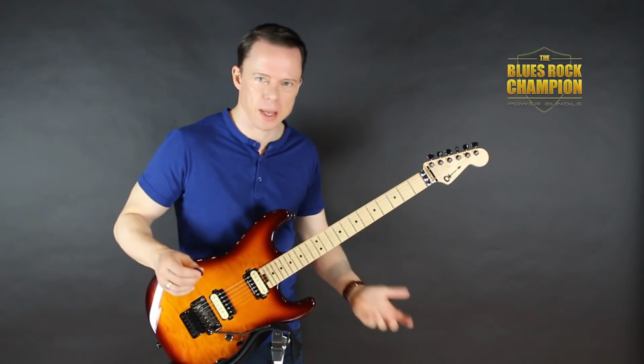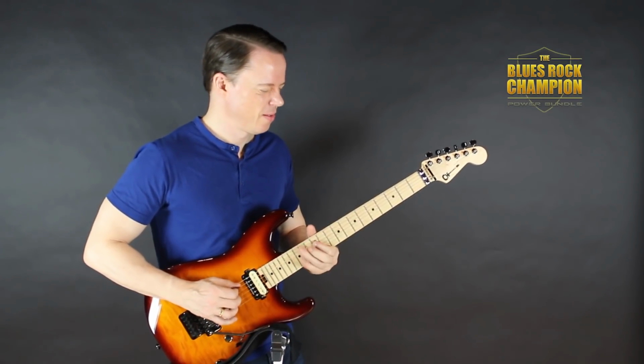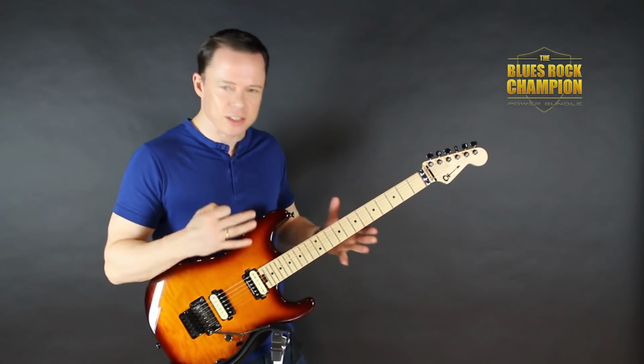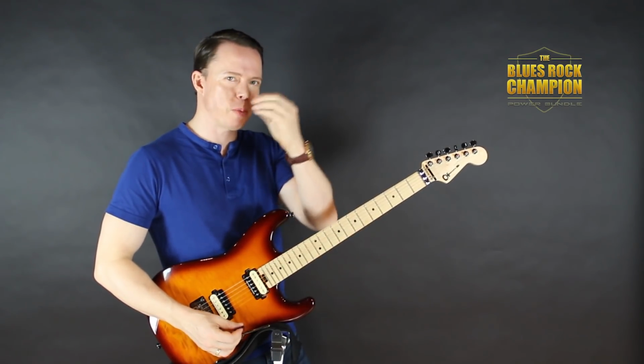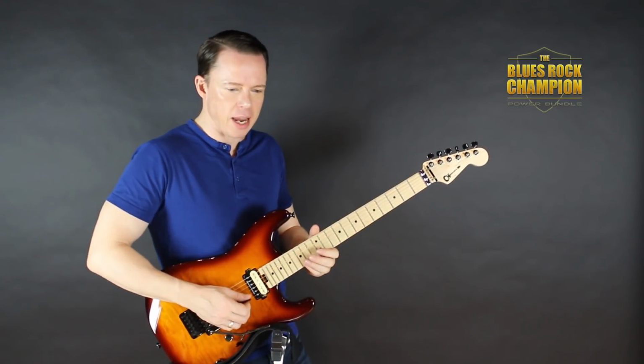And of course, Joe plays this a lot faster than I do. So I have some practice to do. But this is such a cool little idea. And please don't see it as, oh, this is a lick, this is a run. It's not. It's teaching your fingers to move in a special way. Once you've taught them to move in a special way, you start...